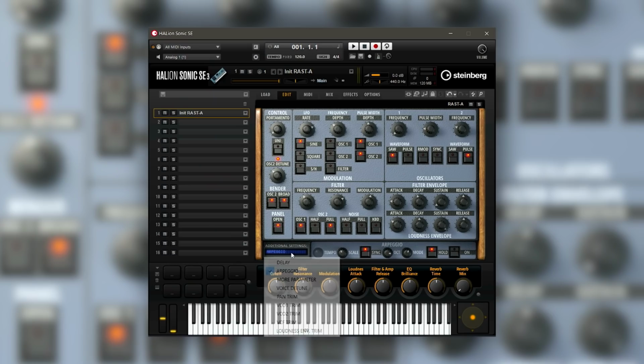So very, very simple arpeggiator, but that's what made those synths back in the day so special. They were very simple, but the sound was great. Next up, we have the more parameter section where we can apply velocity sensitivity to the amplitude or the filters. So basically I can say, I want the sound to be louder when I play louder on the keyboard, or